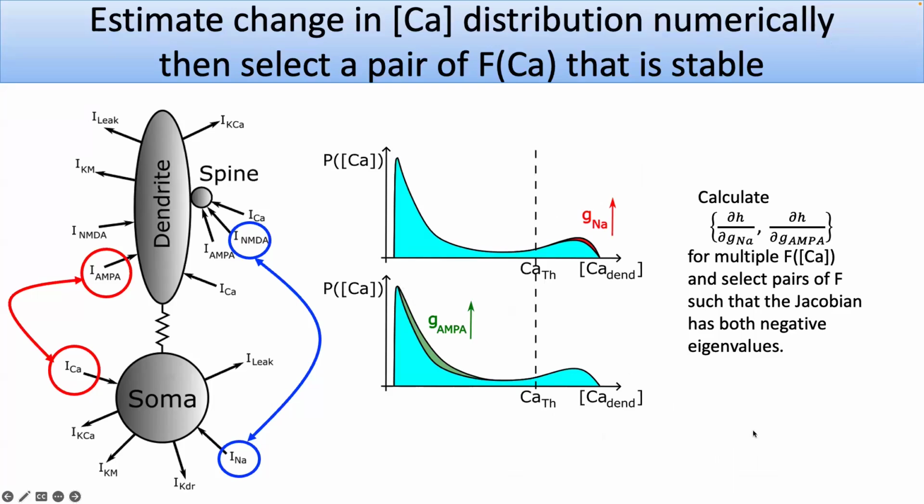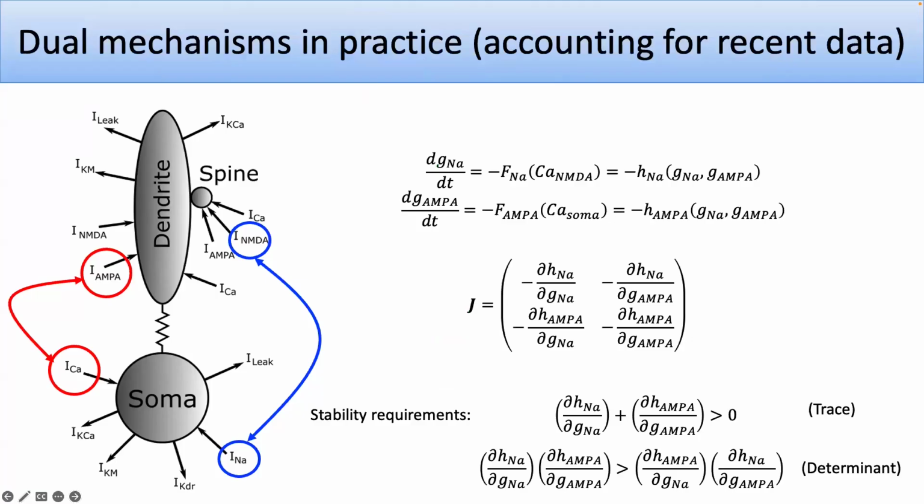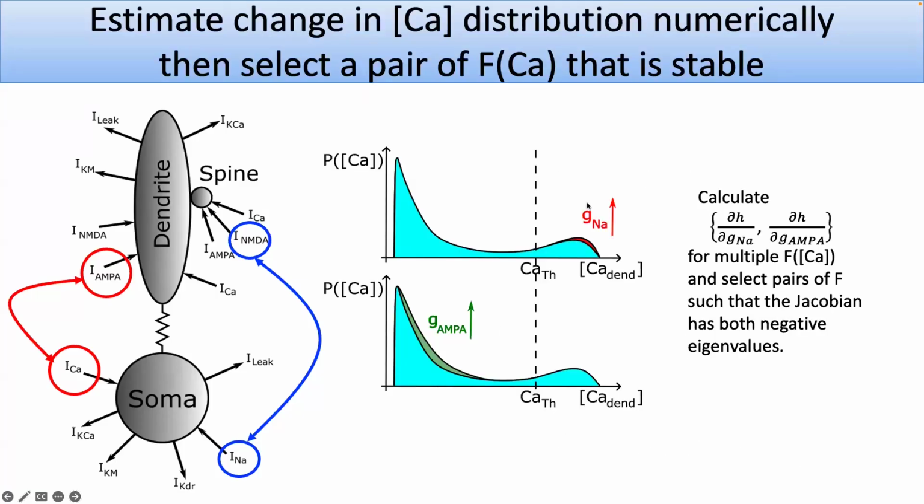And the nice thing about this is now, given the change in distribution, I can try every function under the sun and every pair of functions. So I have not just mean and variance, I have different quantiles, and I can see how those quantiles change the calcium, and then change these functions, and calculate the derivatives. So if you have 13 different functions for this and 13 different functions for there, I can try 169 mechanisms, having only really done 3 simulations: base calcium, slightly raise sodium, slightly raise the synaptic inputs.